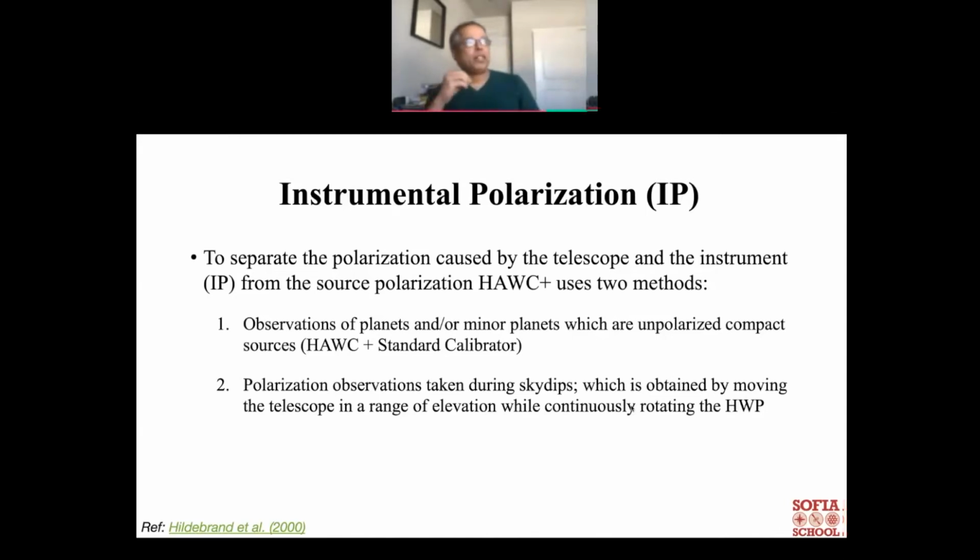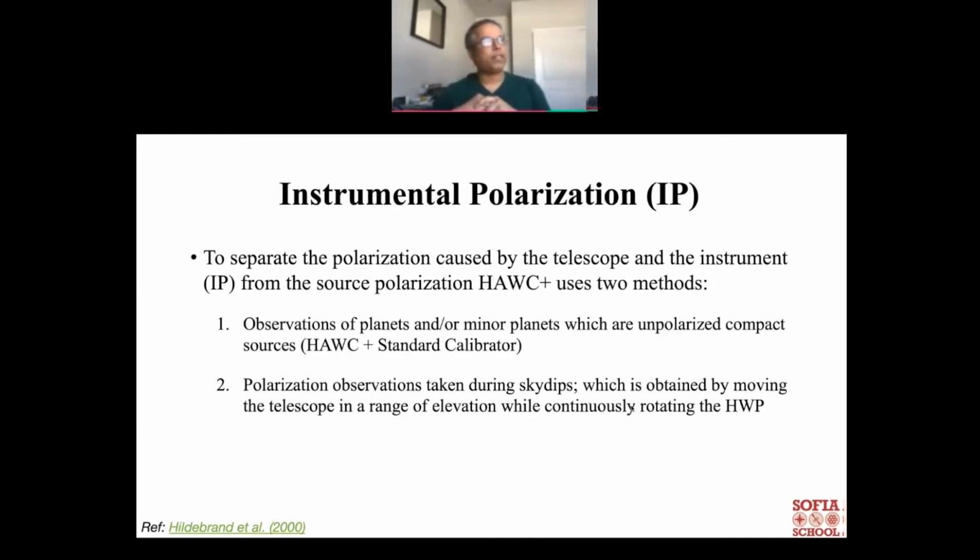Almost every telescope and instrument will have some intrinsic polarization. They are usually small, but can be significant. And we need to make sure that we exclude this instrumental polarization from your astronomical sources. There are plenty of various methods which you can use to do that, but the two that we usually look